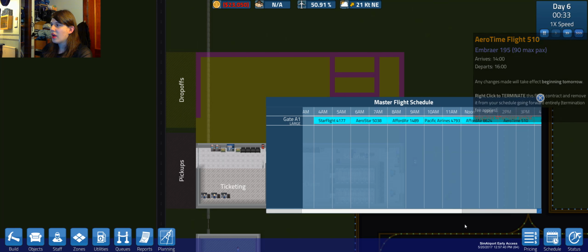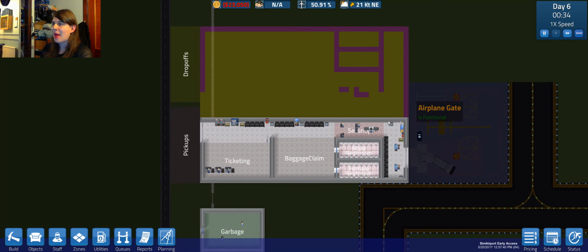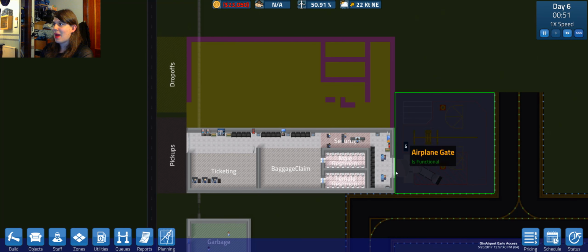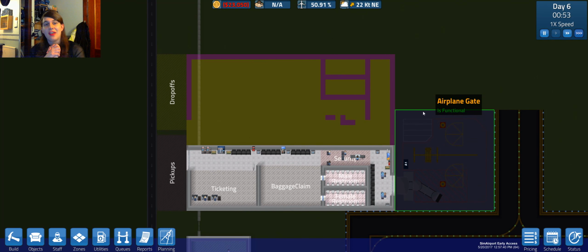That's fine. Okay, so our one little gate is booked to the absolute max, and we are kind of at maximum possible capacity in our little airport. So when we come back for the next episode of Simairport, we will be looking to expand our gate and security capacity. But for the moment, I'm going to say thank you very much for watching this bumper haul episode,